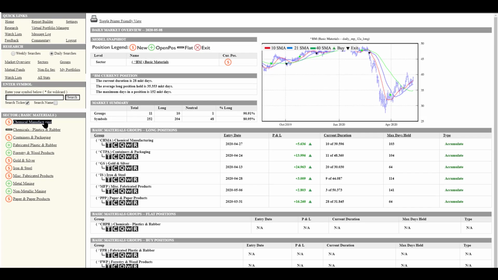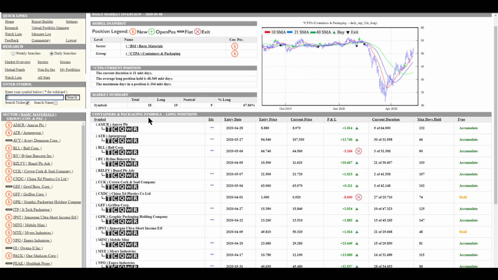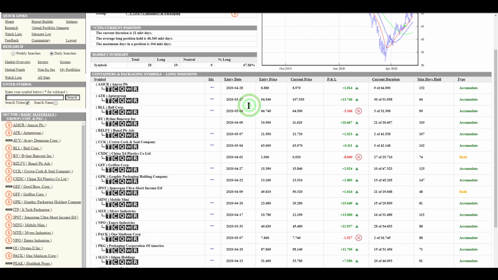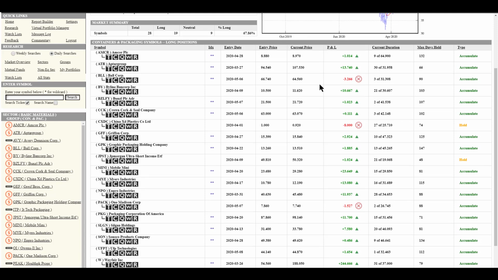Let's click on the containers and packaging, which shows about a 13% gain. Now we break it down to the industry level. There's 28 symbols there, 19 long, 9 neutral, 67% long, and then by every open position you're going to see in this grid, the entry date, the current price, the P&L, the number of days of the duration, and the